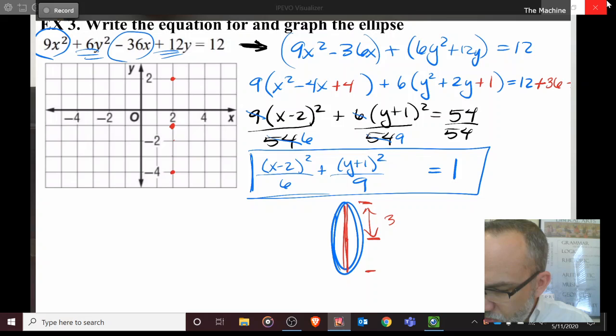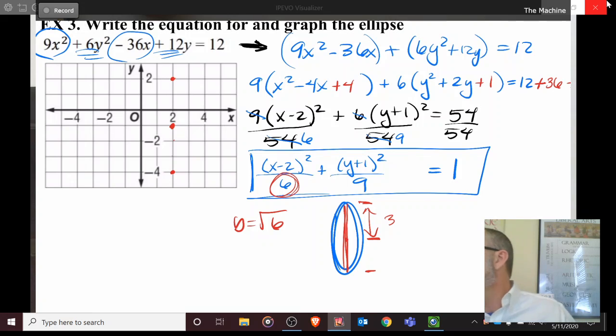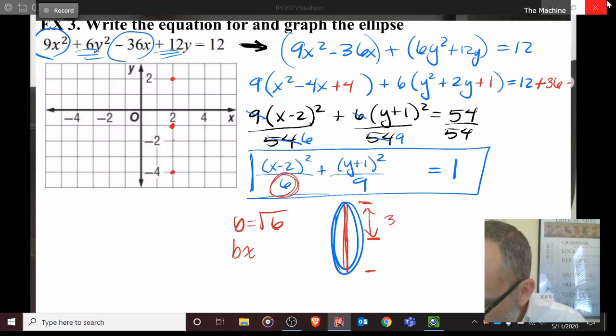All right. So now I need to do the minor axis. The minor axis is the square root, or the b value is the square root of that. So b is equal to the square root of 6. That's hard to do on a grid since it's not an integer. So I'm just going to find a decimal approximation. The square root of 6. So square root 6 is probably 2.7. Yeah, 2.449. So b is approximately